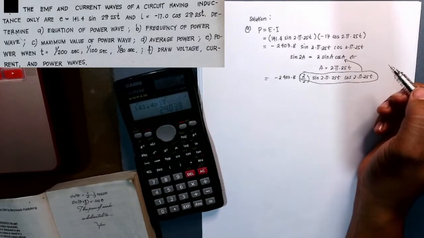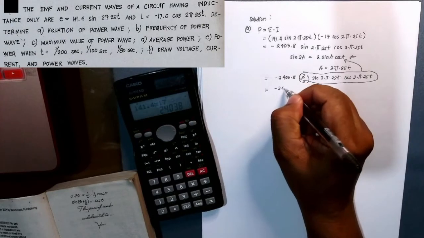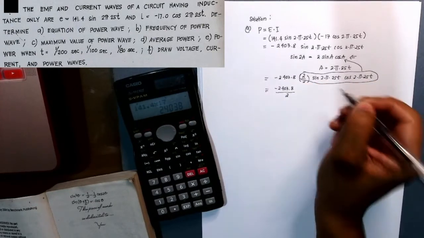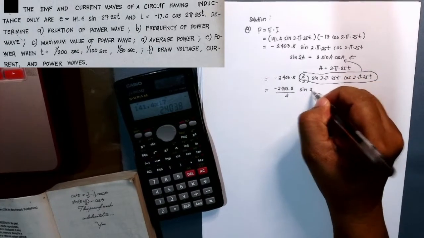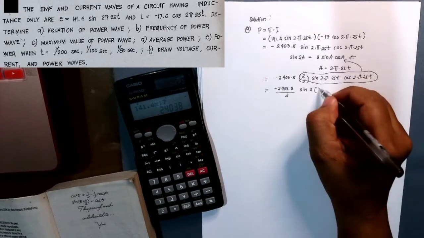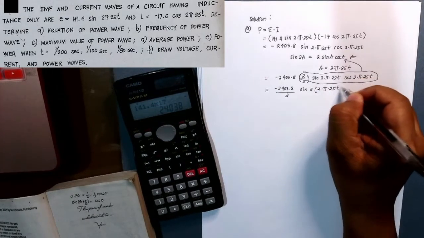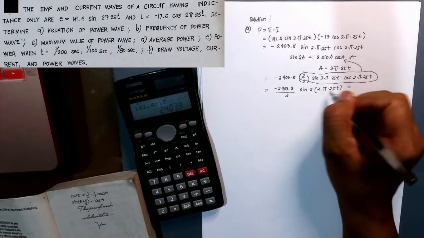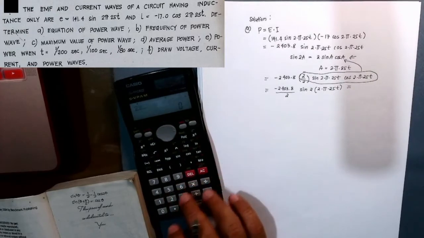Therefore, that will be negative 2403.8 over 2, and I will now be using sine 2A, which is 2 pi 25t. So we can have it multiplied, that is 2 times 2